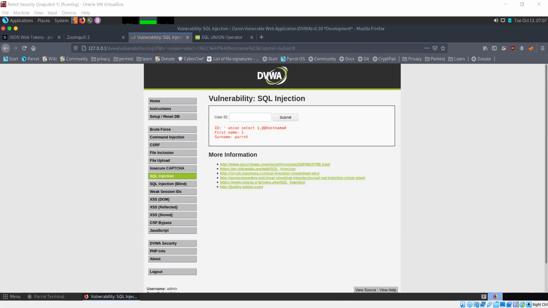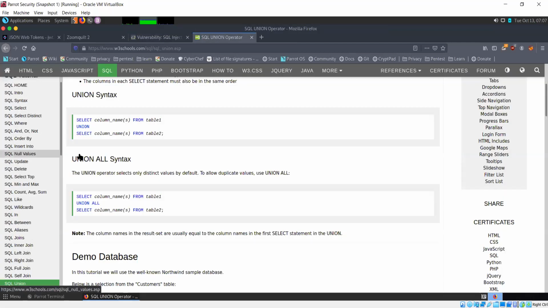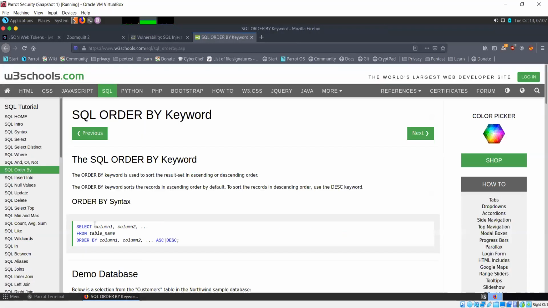So, okay, we still have this open. And if you come to order by, when you run a select statement to get some data, you can use the order by to use some particular column to sort the data.